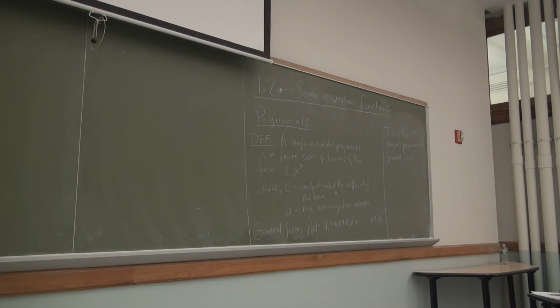Some special types that you should know. There's a linear polynomial. So sometimes we'll actually use these words. I'll say, use a linear function to do this. This is what I'm talking about. This is a degree 1 polynomial. So it's of the form a0 plus a1x. So whether y equals x plus 1, or y equals 2x plus 4, or